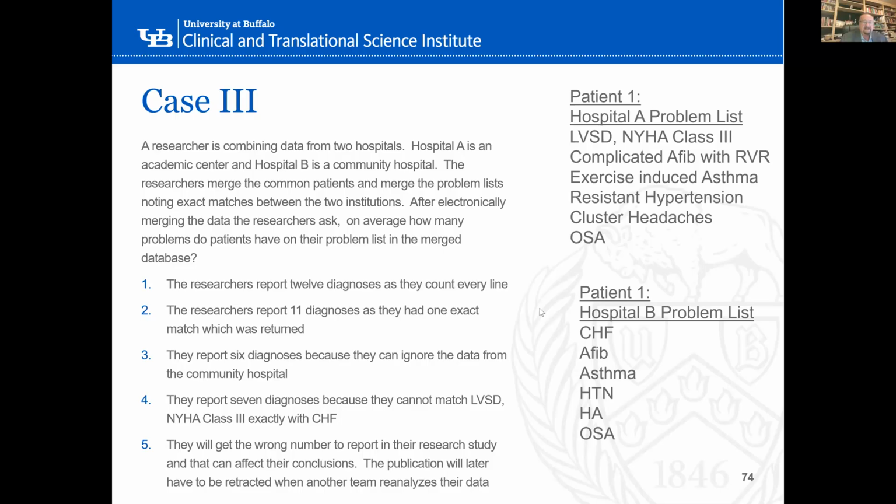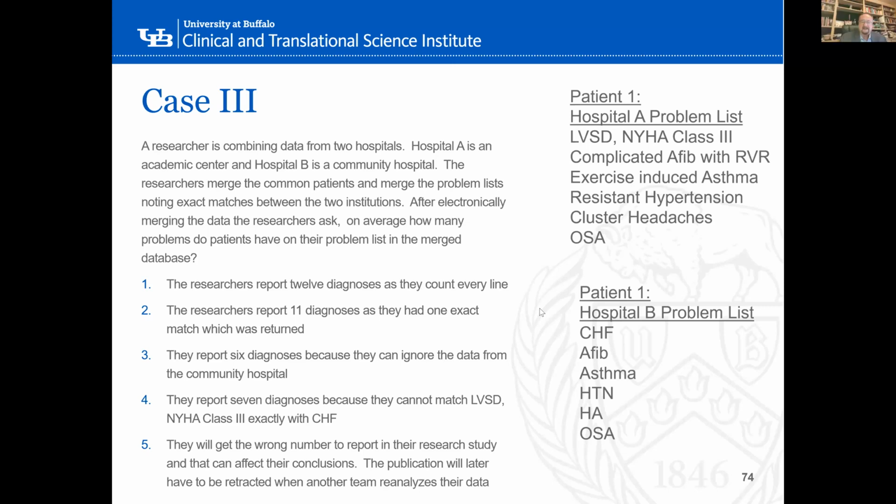Oh, answer 5. You're going to get the wrong number no matter what, of the options you have. So if you want to do something like this, you're going to have to mention in your study that this is a significant limitation, or have a way to have larger groups of categories, essentially.